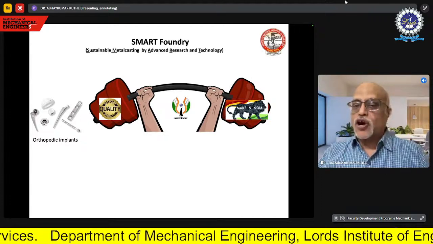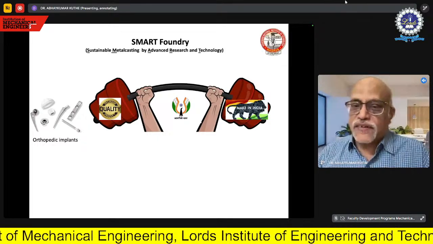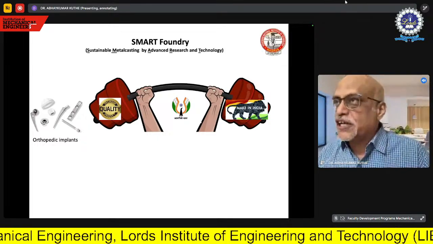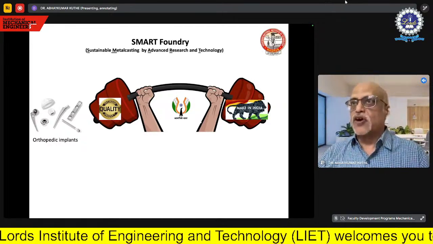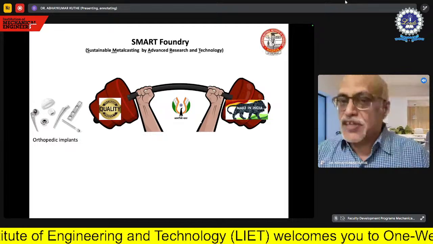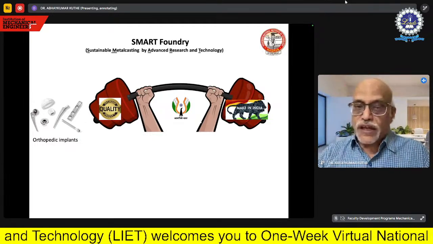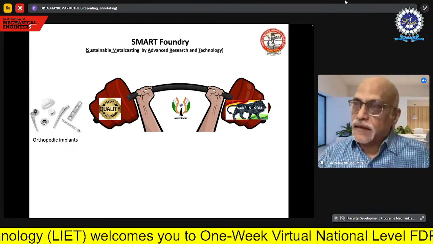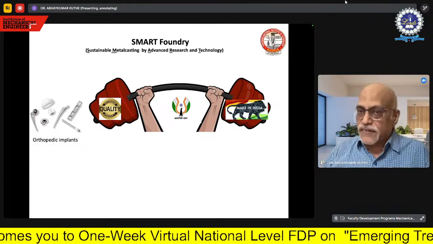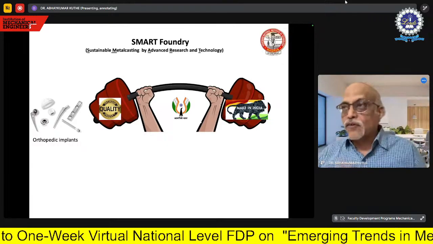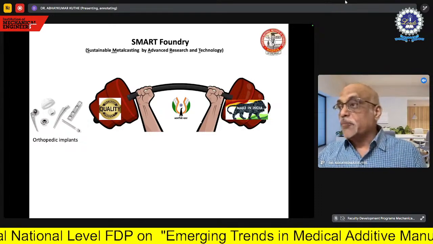First, we talk about Atmanirbhar Bharat. Now you can see this particular figure. The part is to be manufactured in India, but at the same time it should have premium quality, matching the international standard. So it is not so simple. That is number one. Whenever we are entering any class C or D product, that means a high risk product, it is necessary that its quality should match the international level, especially when you are talking about a medical implant.